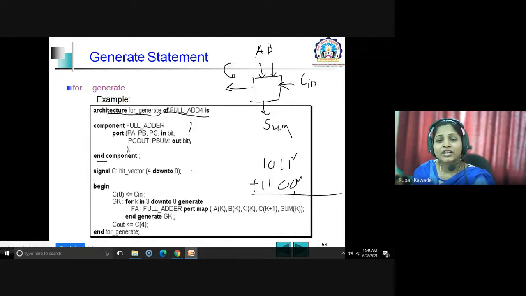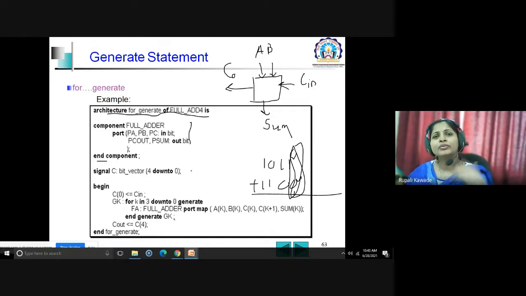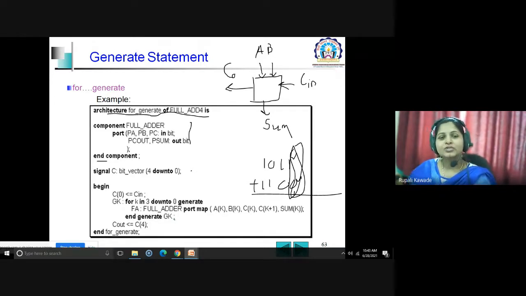So that is performing only single bit addition. It is not performing the multiple bit addition. So for that, you need to cascade four full adders together. In this case, the same kind of full adder you have to replicate, generate. So in this case, you can make use of this generate statement.